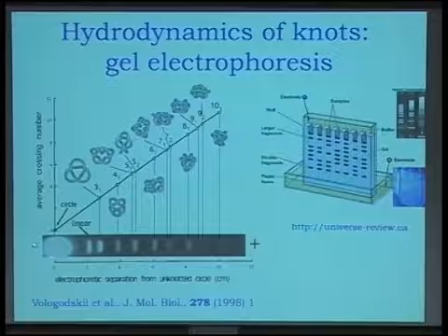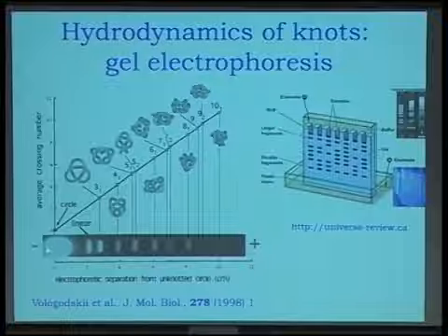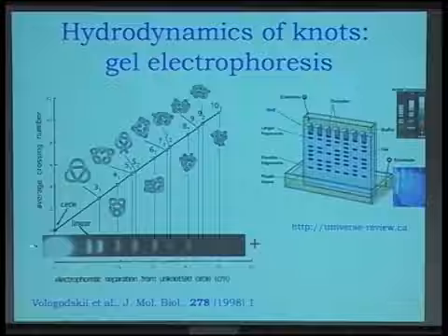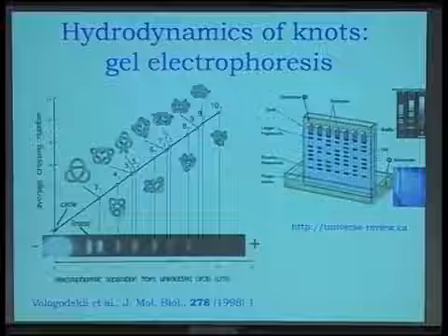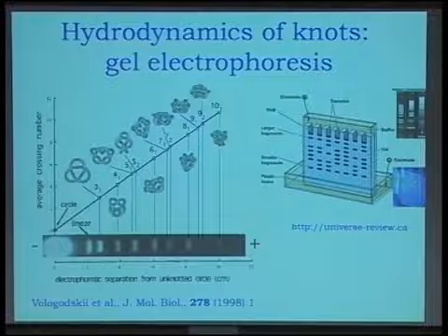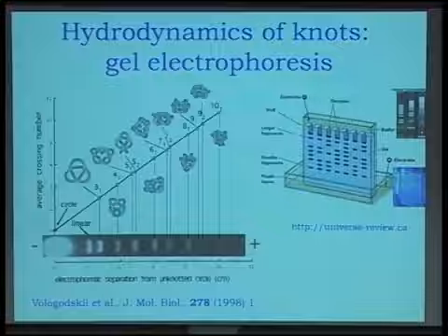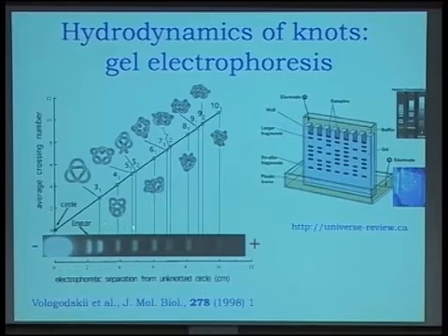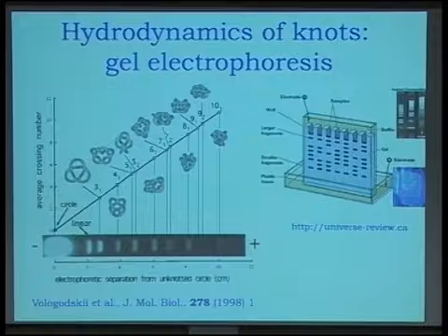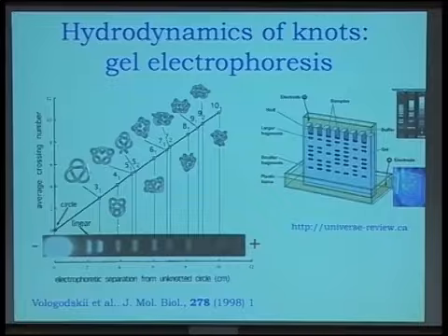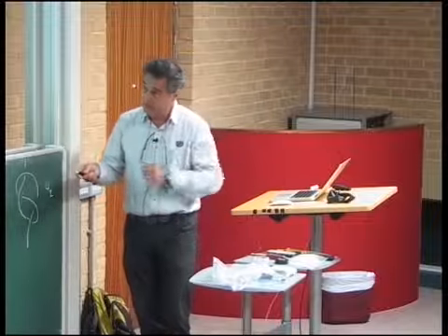You put your solution here with all these different types of knots, and then you apply a negative voltage and a positive one here. Because DNA is negatively charged, it will drift through a gel. A gel, you can imagine, is like a sponge, and the more compact knots will go faster than the open one, because they will go through the holes of the gel more quickly. And what was found out is that